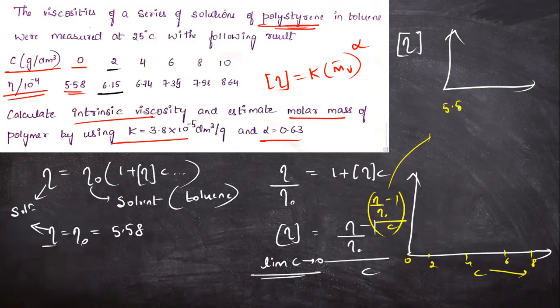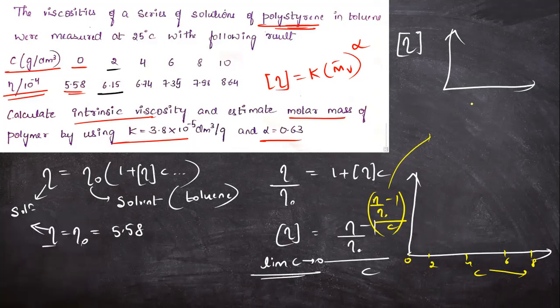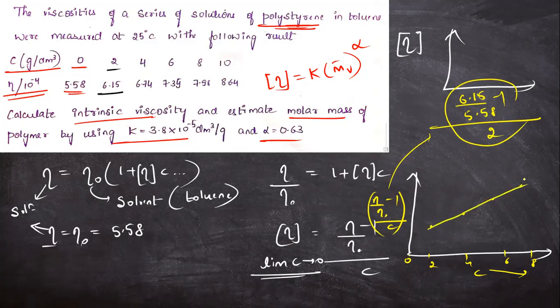So it is 6.15 divided by 5.58 minus 1, whole divided by concentration, which is 2. So by solving, we will get this answer. Let us represent it here. Okay. Similarly, at C is equal to 4, we will get a point like this. Okay. So we will get a linear graph